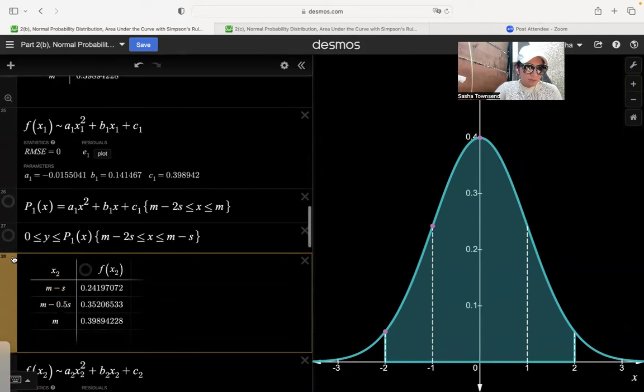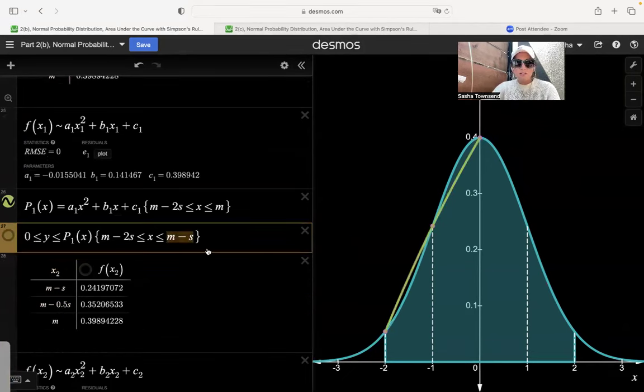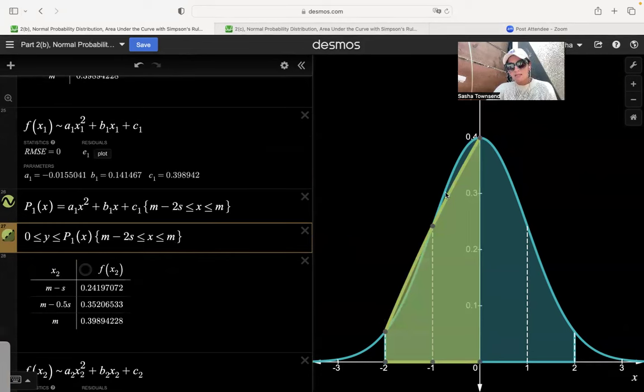And that's my polynomial. And I want to graph that from 2 standard deviations below the mean to the mean. So we're using that second degree polynomial to approximate our function. And then you might say, okay, if I'm just using 4 subintervals, we could do the same thing